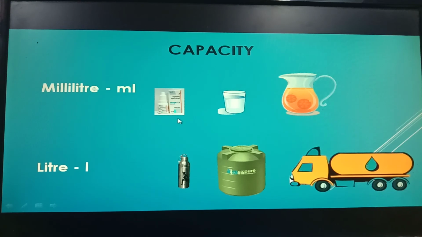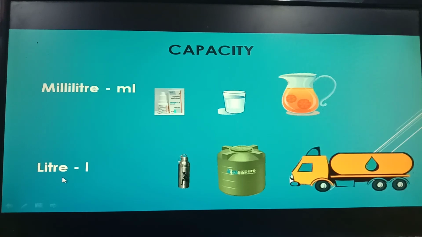This is an eardrop bottle. So you check the bottle if you have it at your home. It has very little capacity, so 20 ml or something. Now glass also, its capacity is less, so we can measure it in ml. Now again jug is here. It is less than 1 liter, so we can count it as milliliter.